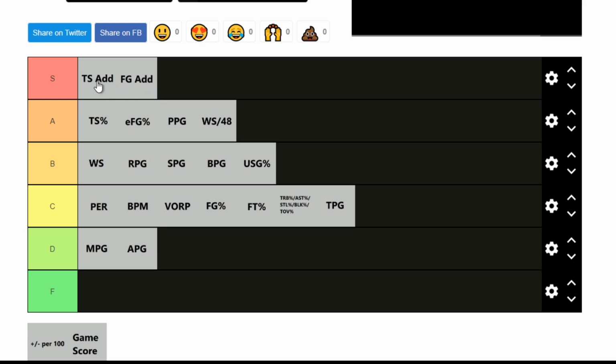TS add does the same thing but with true shooting percentage, so it factors in free throw percentage and free throw attempts as well. In my opinion, these are the best way to compare shooting percentages in different eras, and they're often a good way to compare high usage versus low usage, high percentage shooters. Shooters who get assisted on all their shots will have a higher score here than they should, but otherwise it